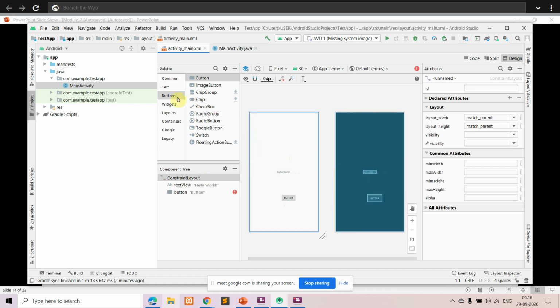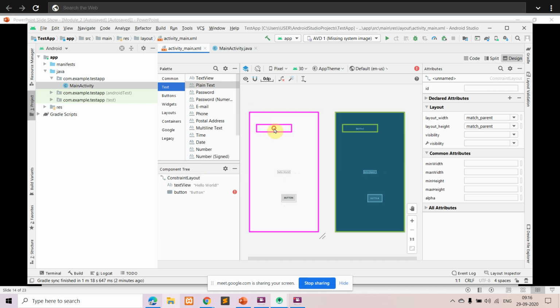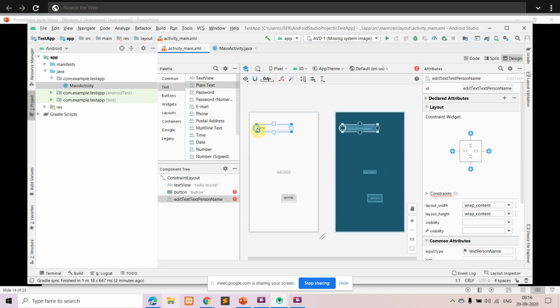So like this, you can click on text. Suppose I want to enter some name or some data, then I can click on this. All this in detail we will be doing when we are doing the lab programs. For the time being, I just wanted to show you the folders we spoke about in the previous session.